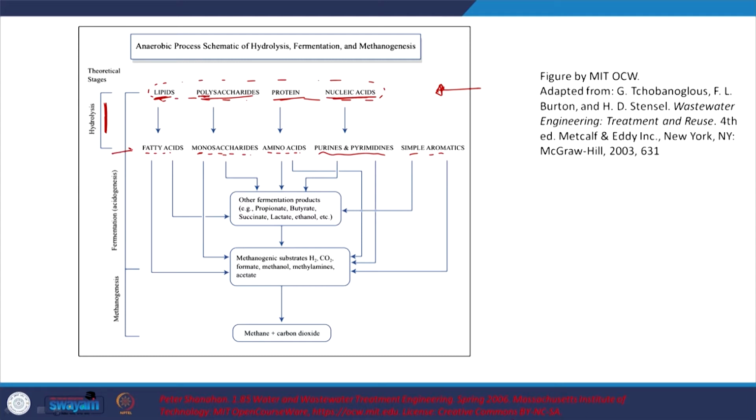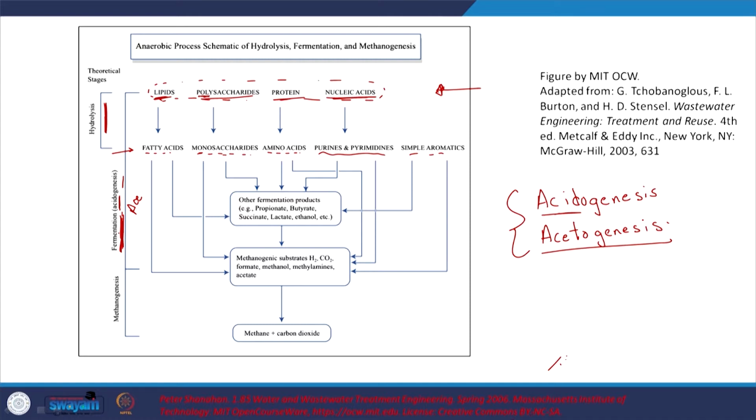So, now you have relatively simpler forms of organics, and then here we have two stages. One is acidogenesis, acid, and the other one will be acetogenesis. So, that is something to keep in mind. We will look at what it is that we are going to see here. As I mentioned, it is going to be two aspects in conjunction, and typically we are looking at fermentation.